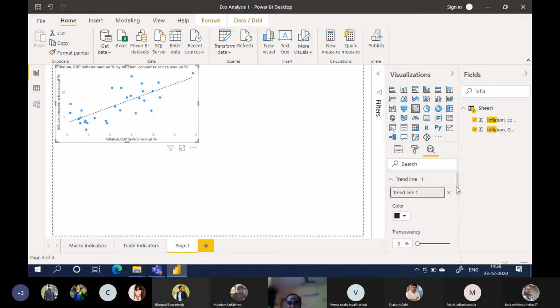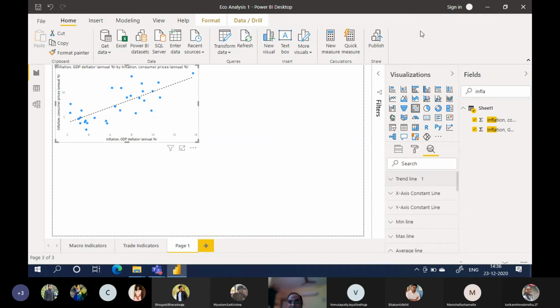There are also the x-axis constant line, y-axis constant line and average line, but we don't want the average line. See, in analytics you can find the thing. We can add a trend line between inflation and all. There is a linear relationship, right, between inflation and these things.